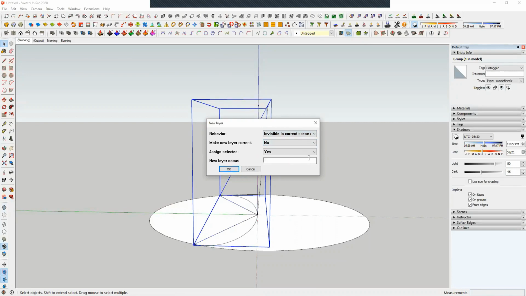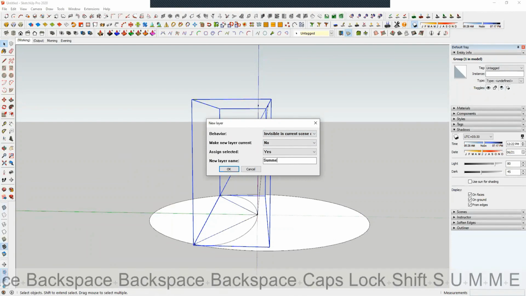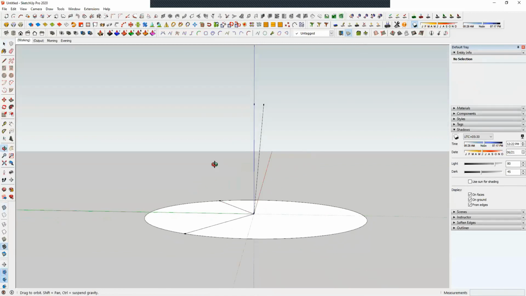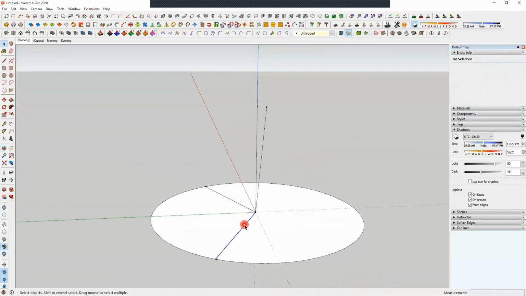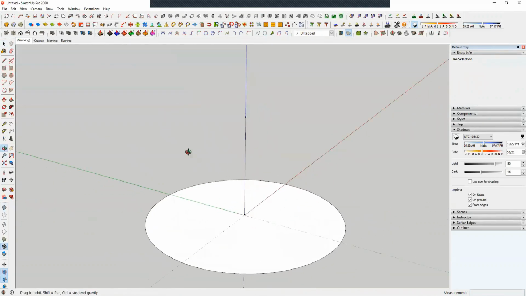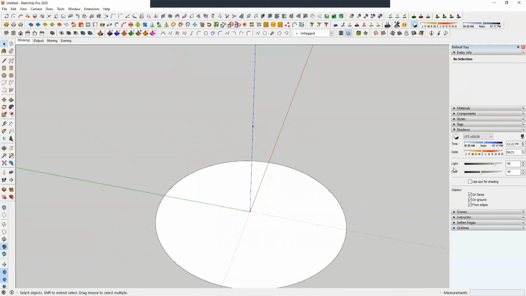I'm going to name this as summer. Okay, and I have turned it off, and we don't need these lines anymore. But we need the vertical line. So next up, I'm going to repeat the same process for the winter solstice, which will be 21st